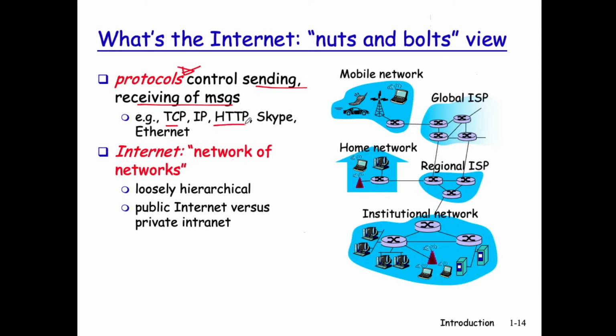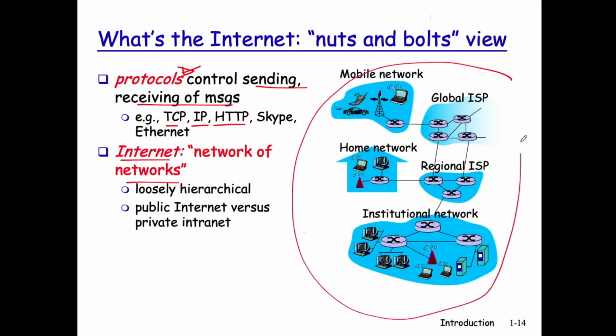HTTP is the protocol, the set of rules overseeing how you send data over the web. Pretty much for each service, there is a specific protocol. For each type of service, for data transferring, there is a specific protocol. And so in general, the internet is a network of networks. So this is a network of sub-networks, right?